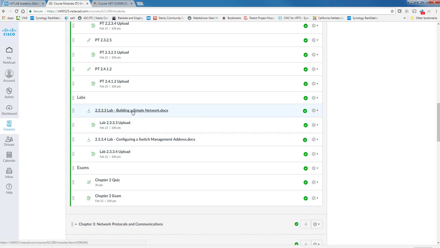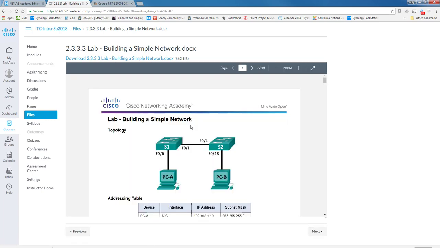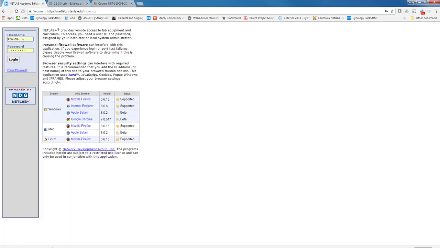How do I know which ones have NetLabs labs? Well, first off, when you look at it, you're going to see that it requires equipment. And you will see the equipment that's required. So in this case, you've got 2 switches and 2 PCs. You can also, when you look at the final item that you have access to, which is our NetLabs,